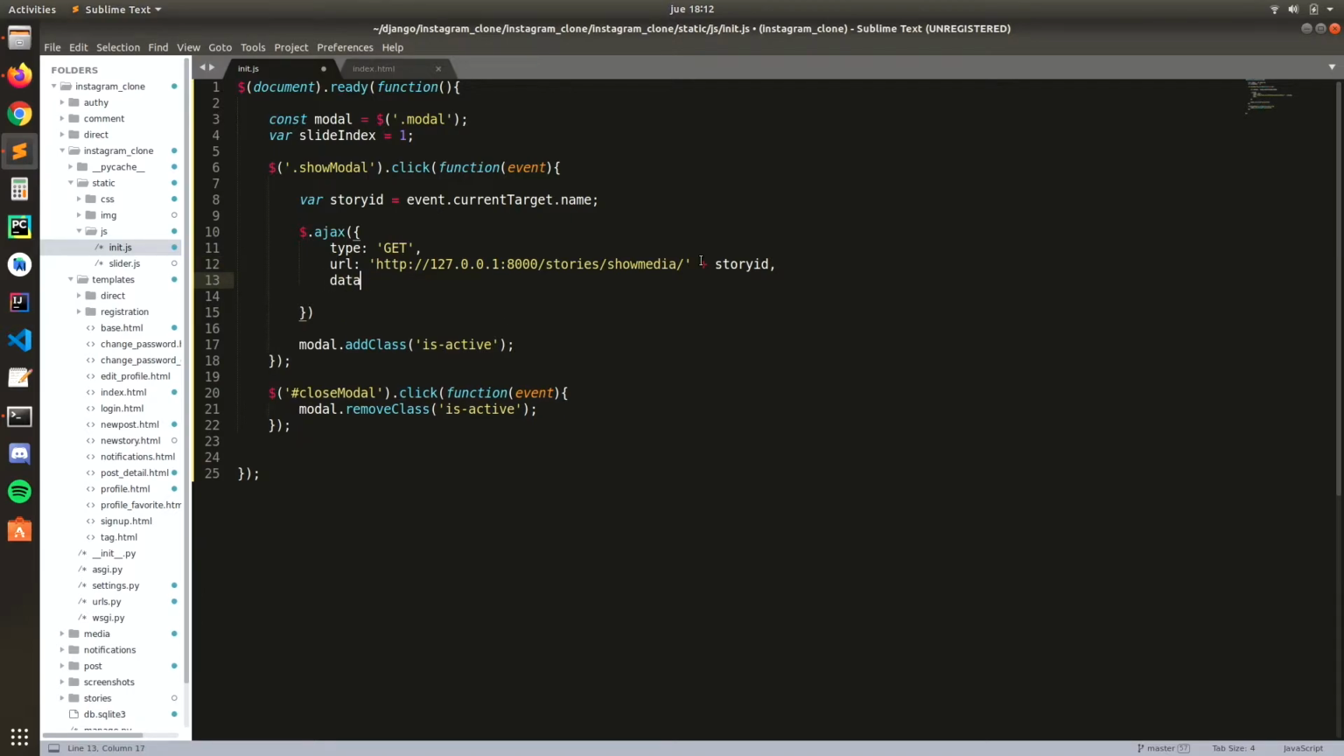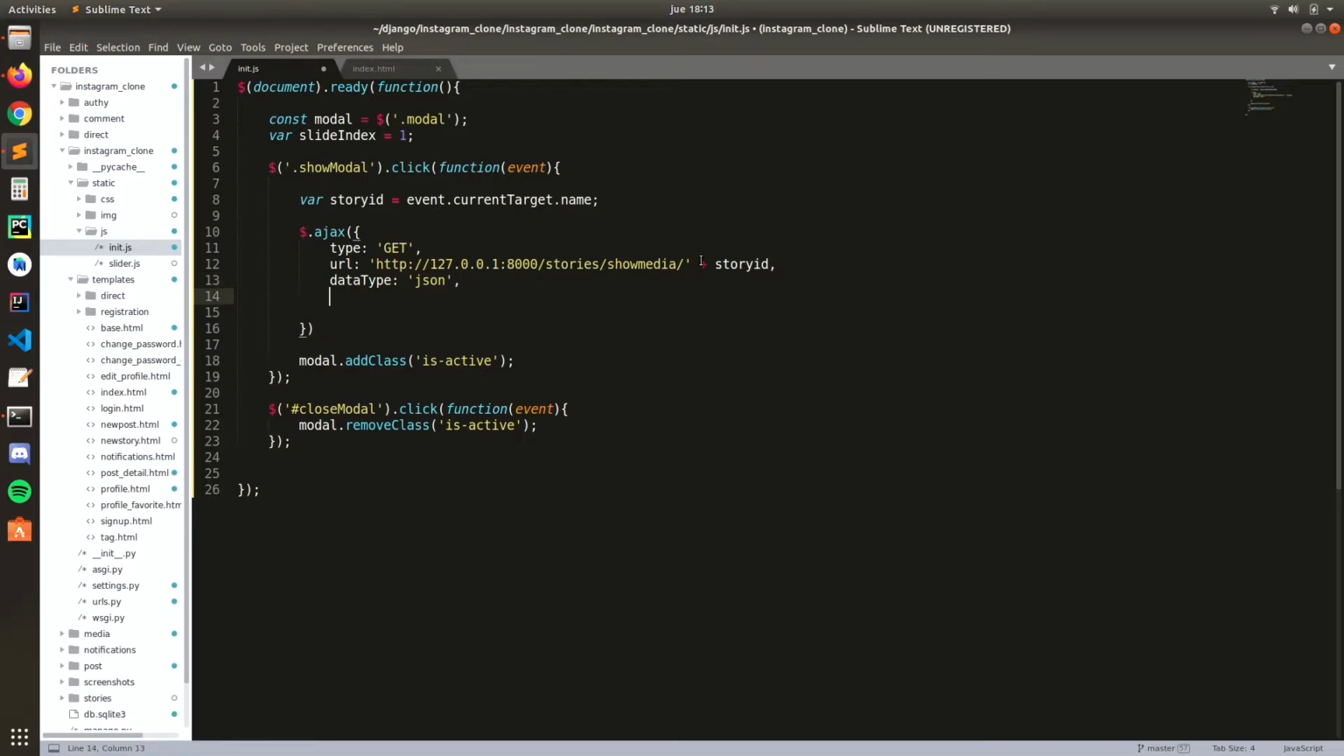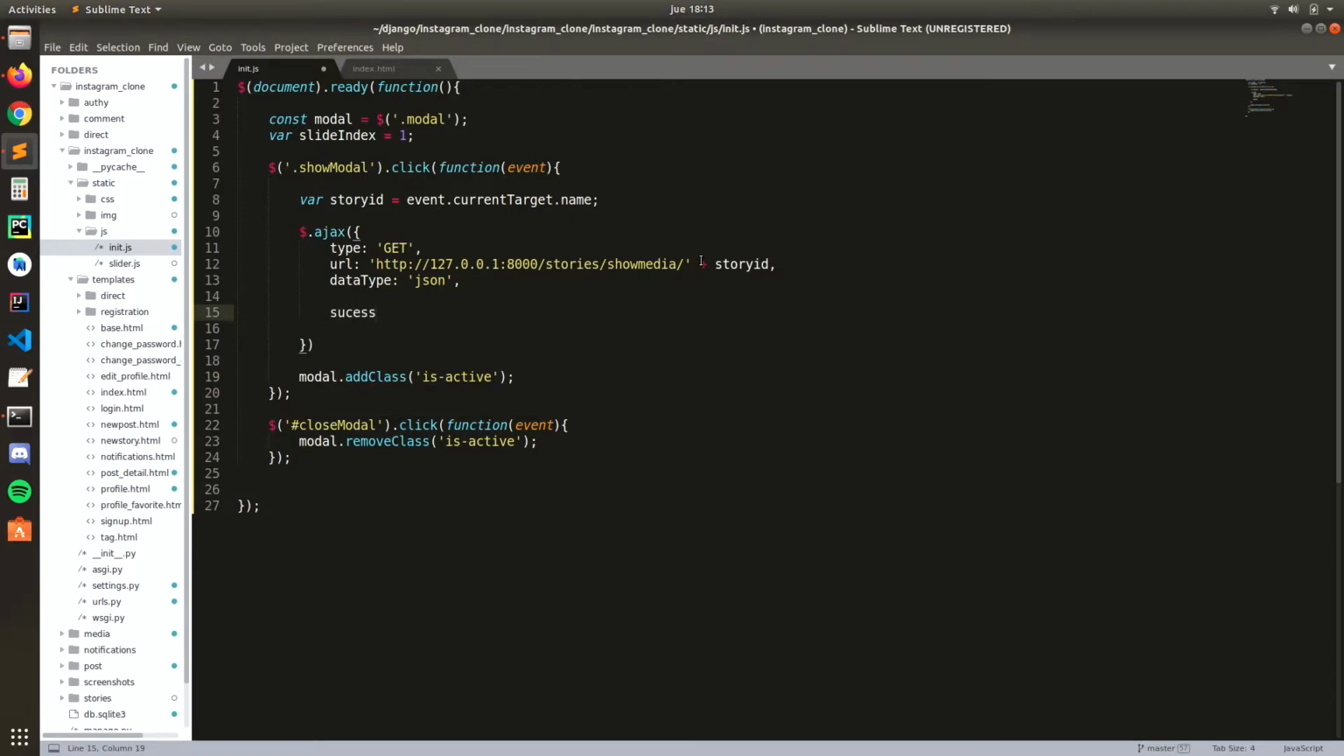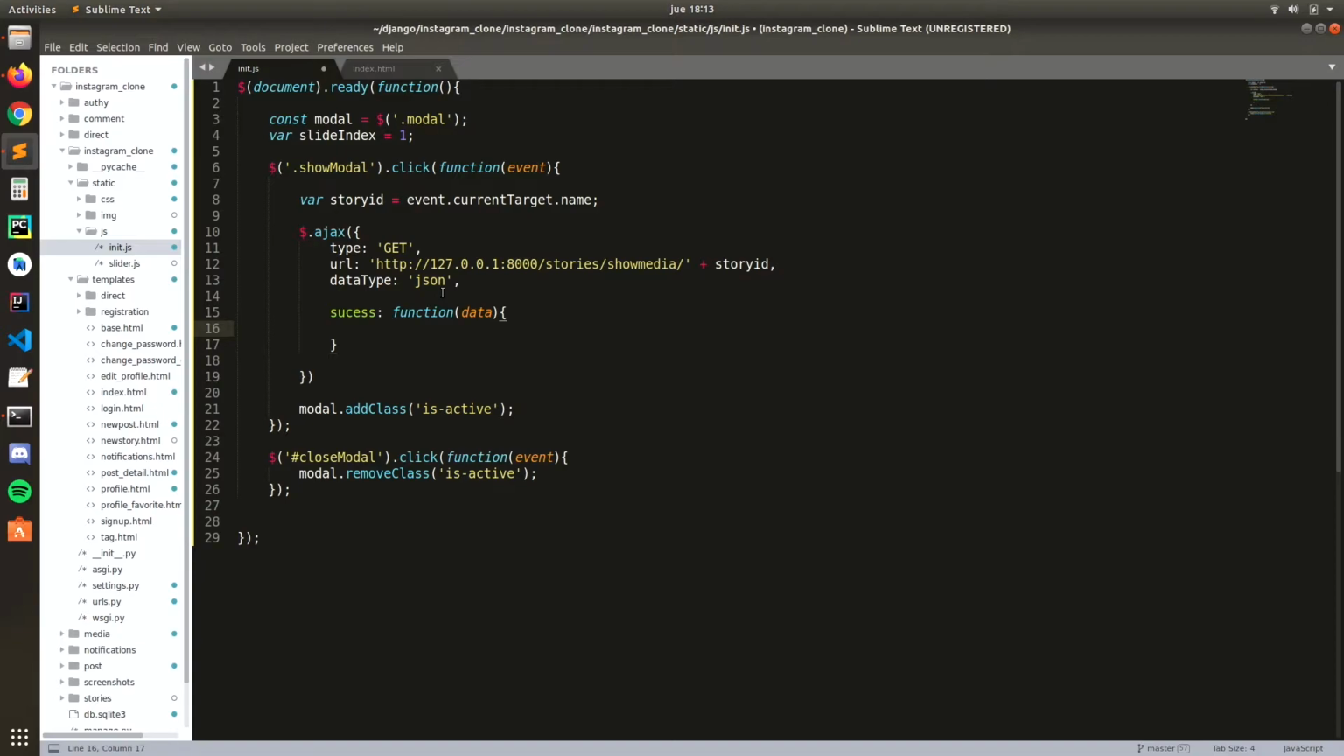Data type. This is a JSON. So if this is a success, if this actually happens, we're going to get the data. So this is for success, and here we're going to create a for-type loop. So for each data